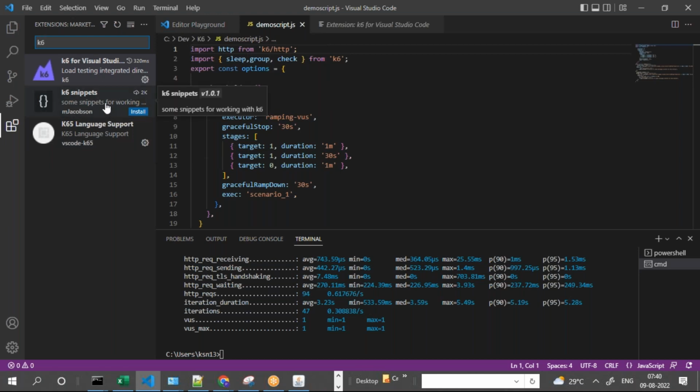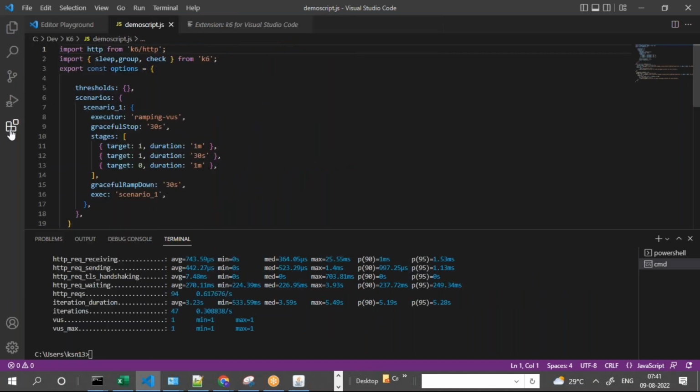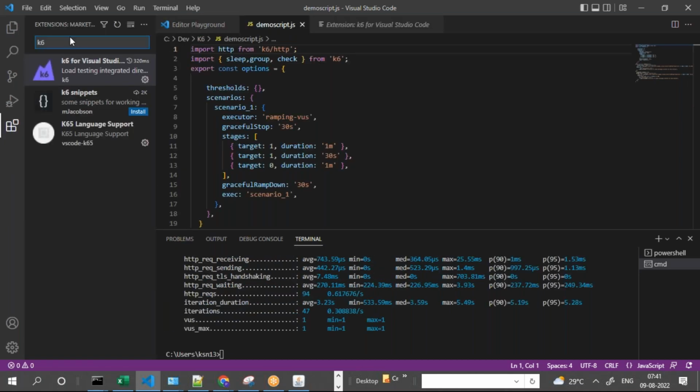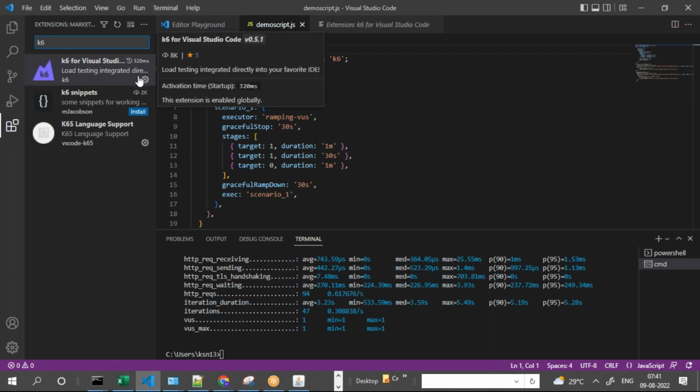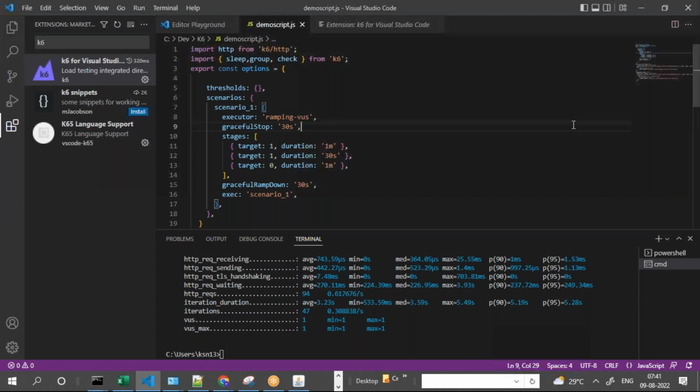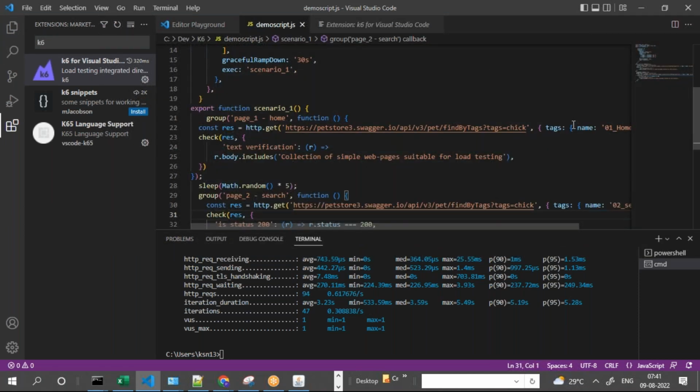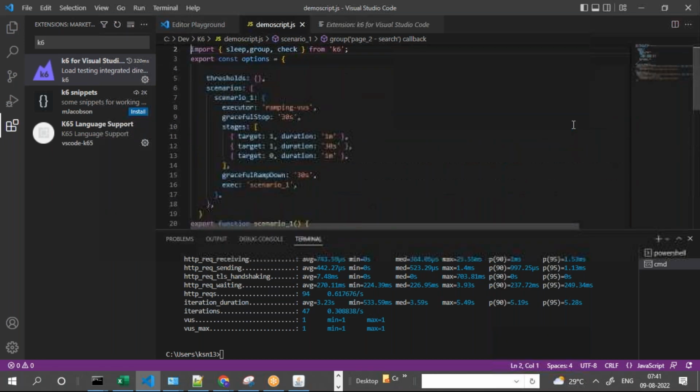Nothing else you require. Okay, once you install Visual Studio, it's again a very simple way to install it. Download, double click, Visual Studio will be installed, and then in the extensions you just need to search for K6 and install the K6 plugin. Okay, once this is done, you will be able to go and create your own scripts, but we are not